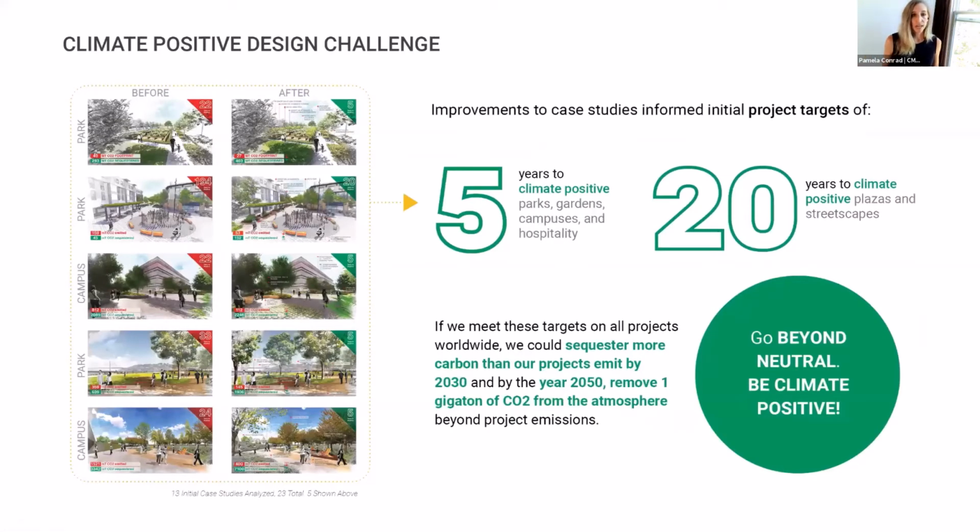With the launch of the initiative came the guidance, the Climate Positive Design Challenge. Based on our findings, it sets targets for our different project types, and how many years it will take for those projects to offset their own carbon footprints. Based on case studies, those targets are 5 years for projects like parks, gardens, and campuses, projects that are inherently greener based on their programming, and 20 years to positive for more urban projects like plazas and streetscapes. And again, collectively, the intention is to add up to a significant contribution to